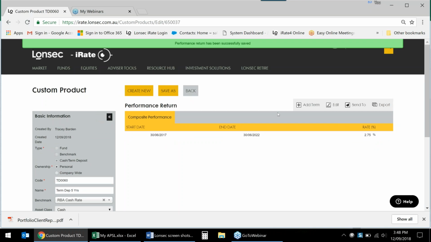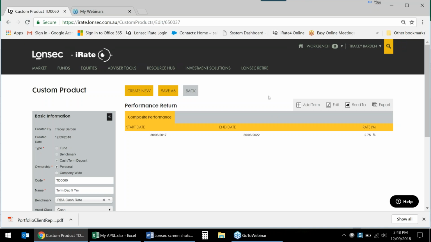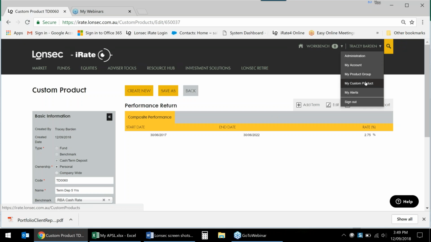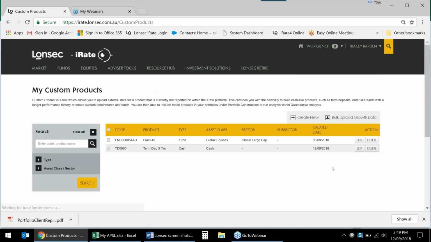So now my performance return has been successfully saved. So if I go back then and just come back here and go to my custom product, I now have in here my term deposit. I know it's 5 years and it's cash, and when it was created. You can also edit that, or if you want to delete it. I'm just going to quickly go back to the client report